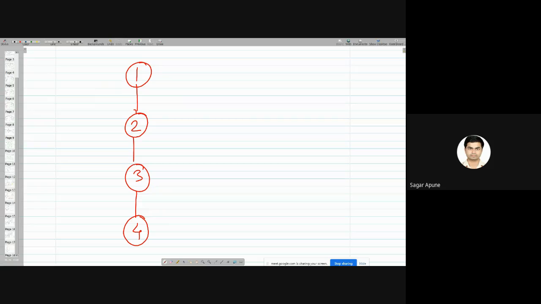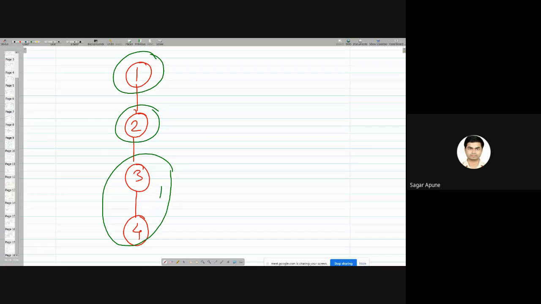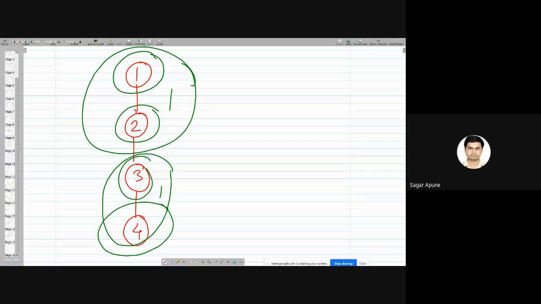Right. If I remove 2, the graph is divided into 2 subgraphs: this is my graph 1, this is my graph 2. If I remove 3, the graph is divided into 2 subgraphs: graph 1 contains 1, 2, and graph 2 contains 4. So there are 2 articulation points, and these are 2 and 3. Okay, 2 and 3. So now next, the last part,